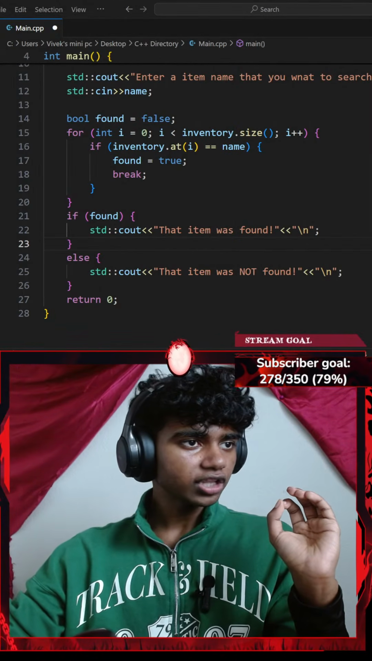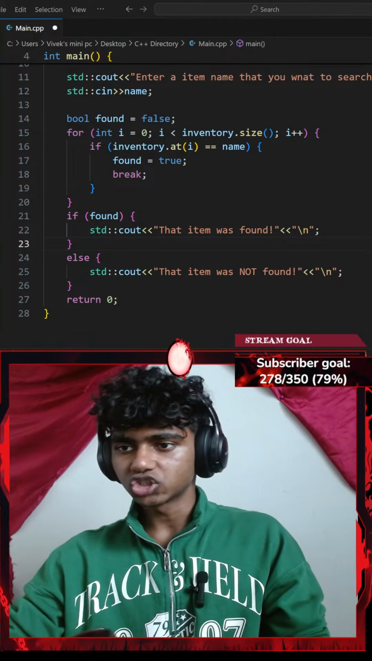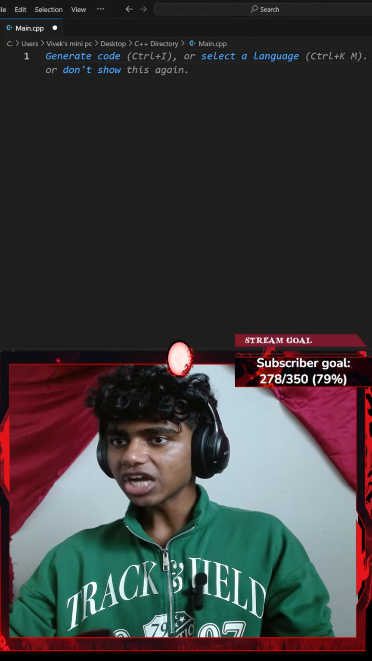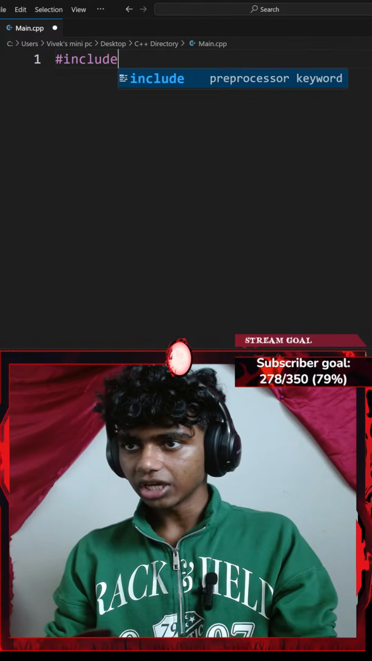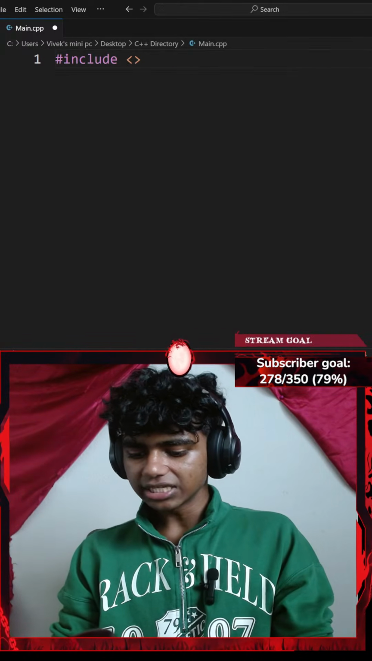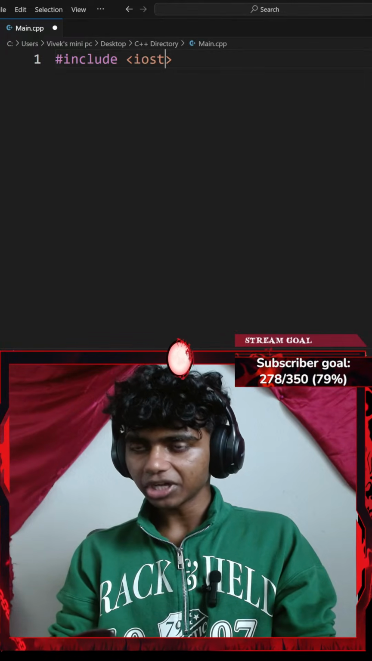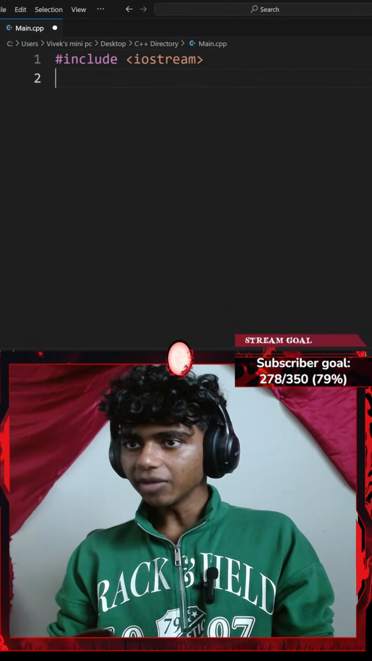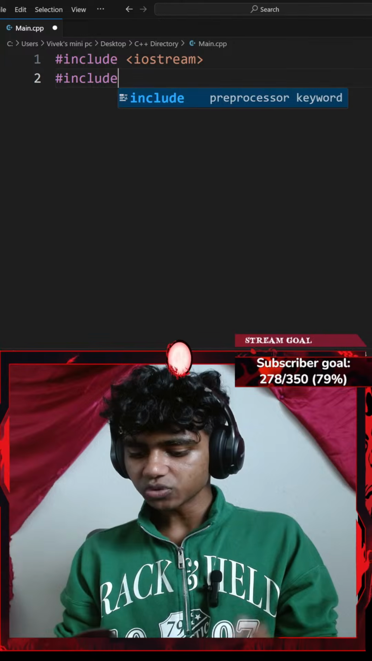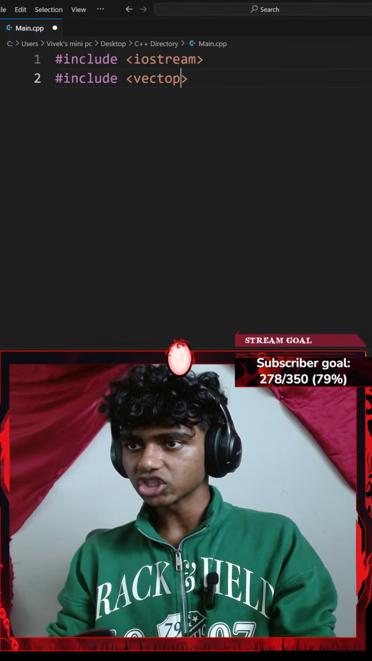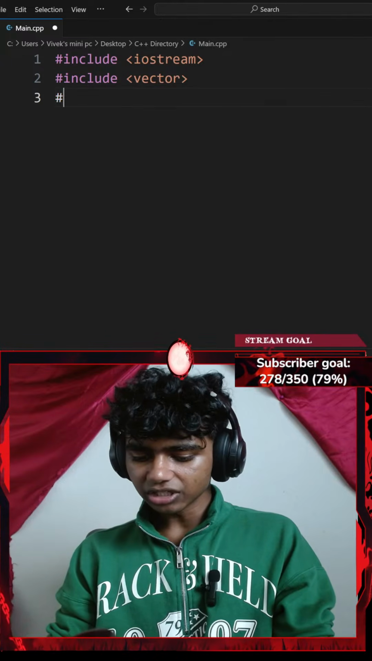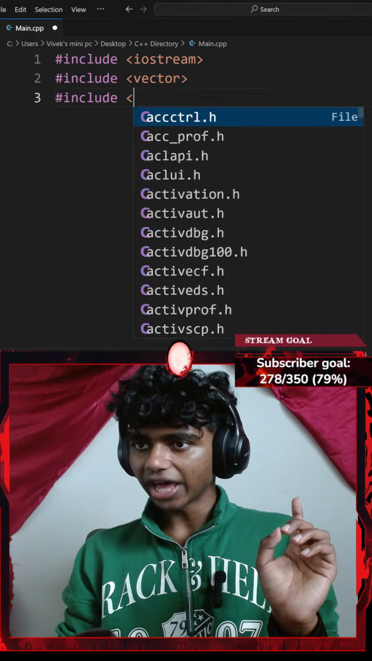Then scroll all the way up to the instructional questions. Let me start out by deleting everything and including a pair of angle brackets, iostream. And then let me go ahead and include vector as well, because I am going to be working with containers. So include a pair of angle brackets, vector. And then lastly, I'll go ahead and include a pair of angle brackets,